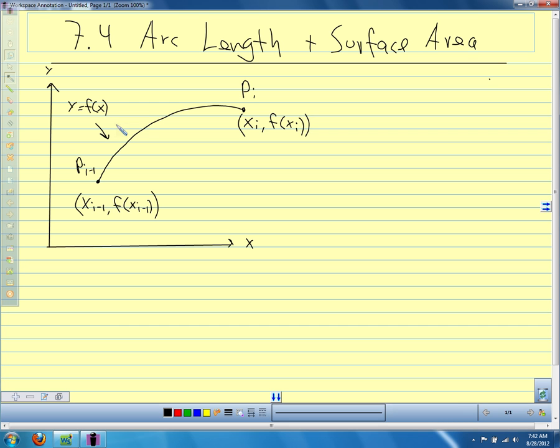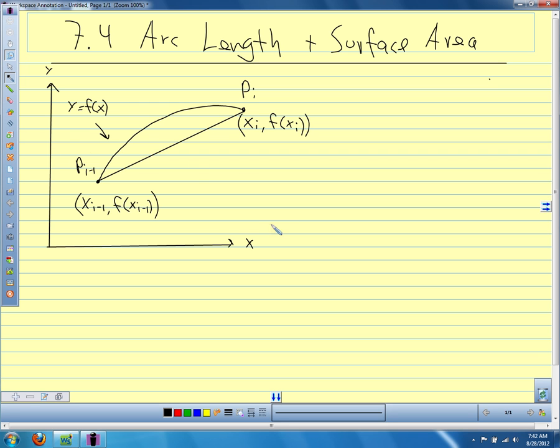So we're going to approximate the arc length by adding the lengths of the small segments over the curve. So I'm going to connect these 2 points with a straight line here, and we're approximating the length of the arc with the length of these small segments from P sub i minus 1 to P sub i. And the idea is, if we make the division small enough, this segment that connects our 2 points is closer and closer to the arc length of that segment